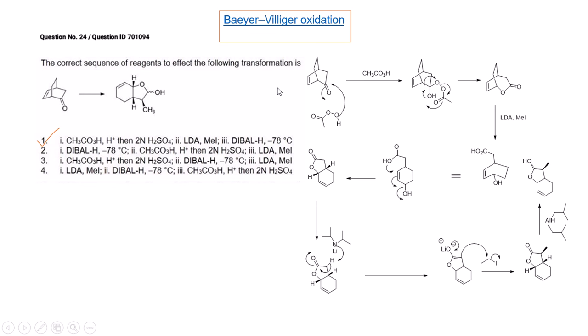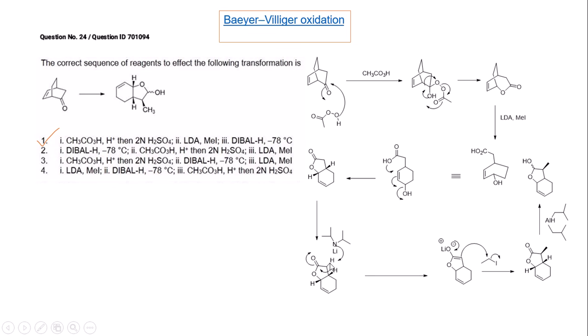This is an example of the Baeyer-Villiger oxidation, where the alkyl group is migrated to the oxygen atom after the nucleophilic addition to the carbonyl group, and we get the ester molecule. This cyclic ester after cleavage gives the alcohol and the carboxyl group, and this carboxyl group has greater probability for the elimination of the water molecule to give the lactone derivative, and this lactone derivative contains the hydrogen atom on the upside. So the substituent is present on the downside, and since the downside is more sterically hindered,